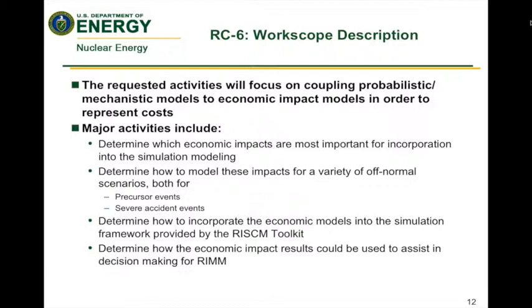So I think that's all I have. The technical point of contact for this work scope is Curtis Smith at Idaho National Laboratory, and I think we're going to try to have him be online as well, so he can address any of the more technical questions if we have any. So, Curtis, are you there? Yes. I heard. Okay, our first question is,